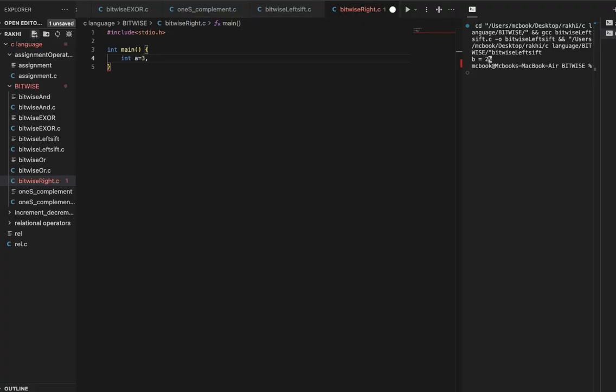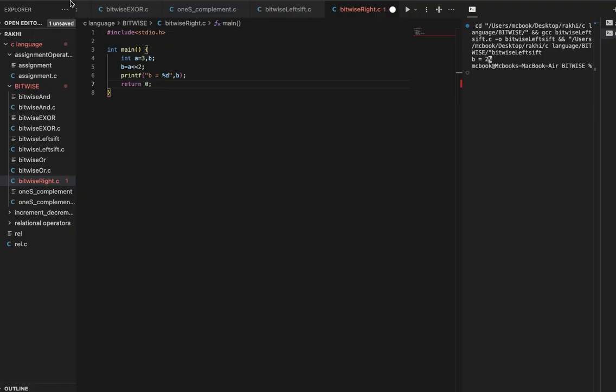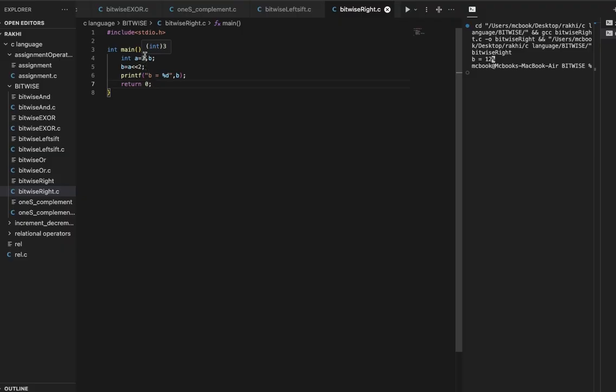As we did left, we are also doing this right shift. Print the type of operation, we already write %d, comma, semicolon, and return 0. The operation is successful. You can see I change the value, the output changes. You can see easily.